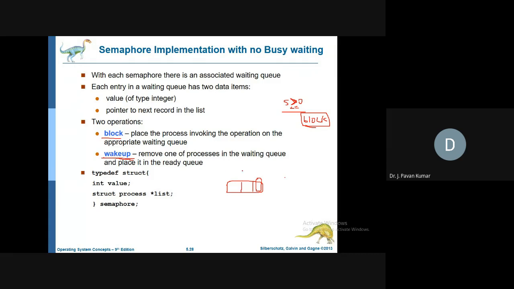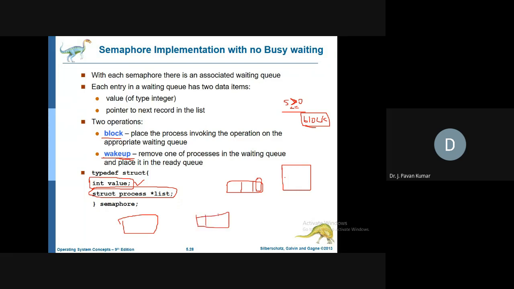That's why a semaphore will contain two things. In addition to the integer value which we have seen earlier, we define a semaphore as a combination of an integer value and a list of blocked processes on that particular semaphore. For each semaphore we can have a separate list. It is like for each doctor we have a separate waiting queue, isn't it?